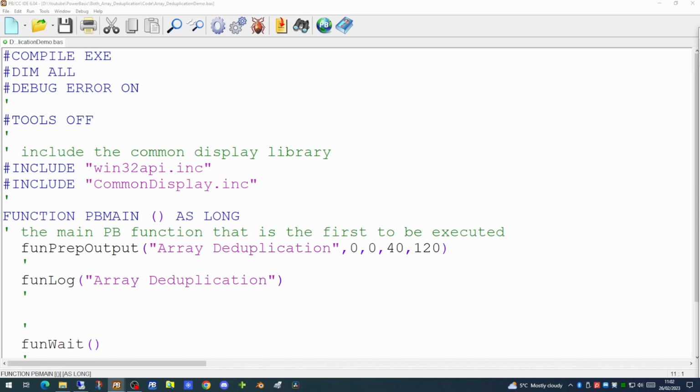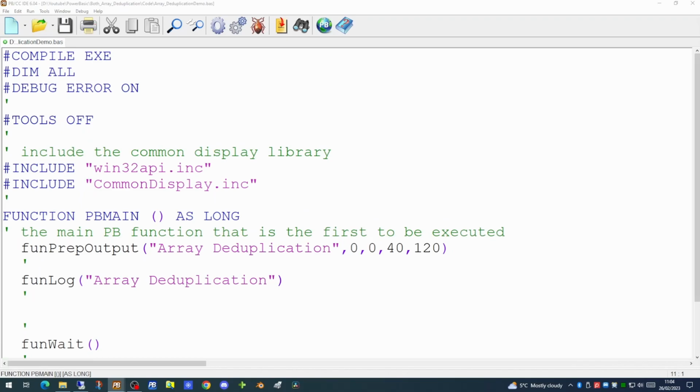3 GB is a great deal of memory, and you are unlikely to have an application which needs more than this. One of the advantages of doing things in memory, as opposed to reading it sequentially off disk, is that things will happen a great deal faster. One way of handling data in large amounts is to put it into an array. So what we're going to look at today is a bit of array handling. We're going to source some data, put it into an array, and then deduplicate the data within that array using a second array. So let's have a look at the code.